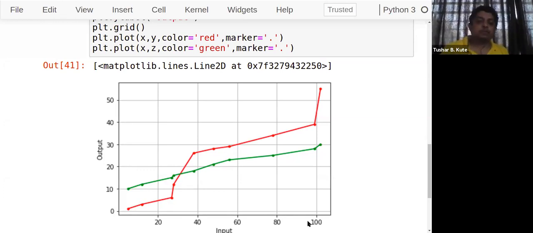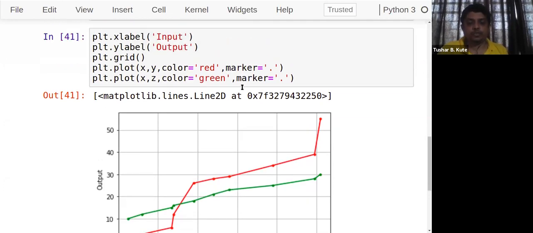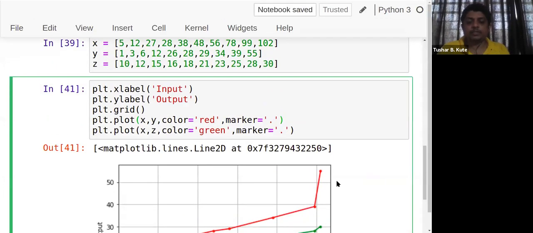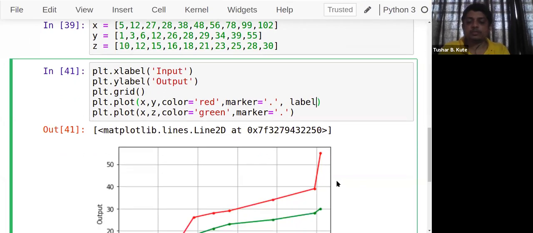Fine. I want to compare. I want to show what is the meaning of the red line and what is the meaning of the green line. If you have done visualization already, this is called the legend, and that legend we can add to the graph. How to add that? See this. Here you have to add the labels. Label is equal to, let's see, this data is 2019, and the below data is of 2020.